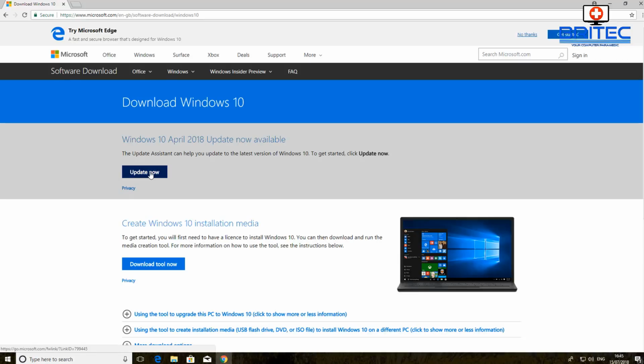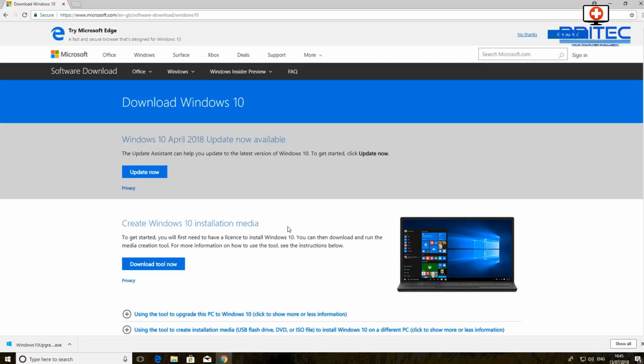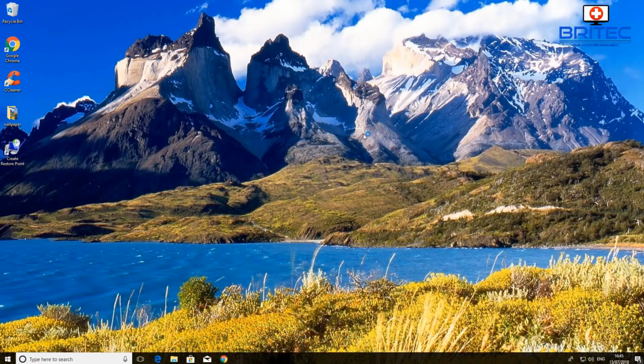You can try using this method by clicking on the update now, and this will allow you to download the Windows Update Assistant, and you can now click on this and this will open up a little program. Say yes to the user account control, and then we will see a little box pop up. Now once you've done this, it will check your system, make sure everything is working okay and everything's compatible, and you'll be able to then update your system. You can see it's put that onto the desktop,